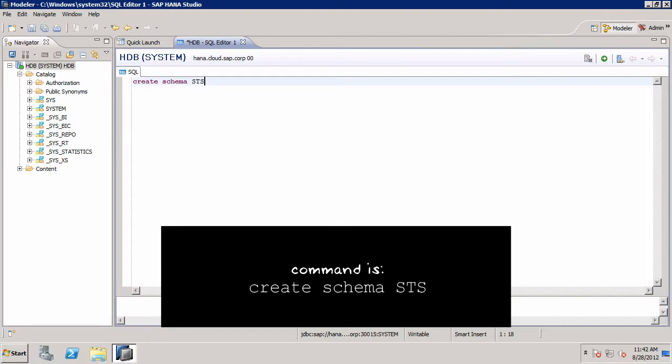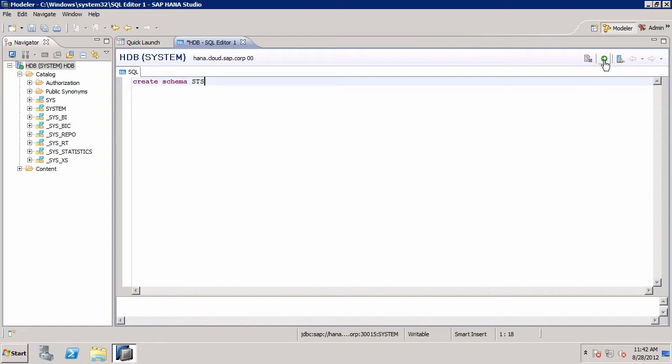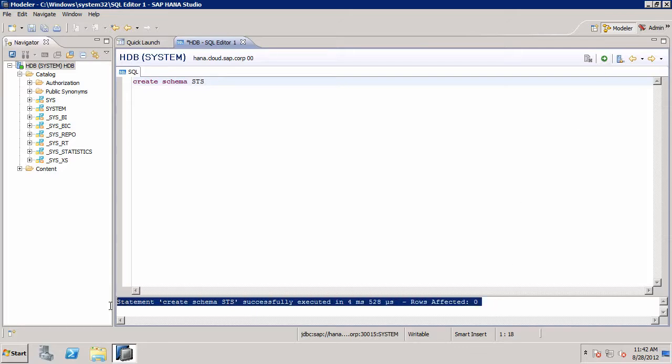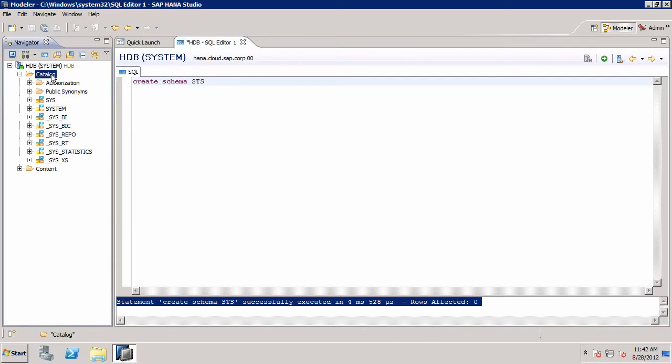And now what we need to do is execute that command. To do this, on the right hand side we have this green circle with a white arrow pointing to the right, and that will execute any command. We can see below in the results window that the command was executed successfully, but how do we know it actually worked? Well, if I go to my catalog folder on the left hand side, right click and select refresh,